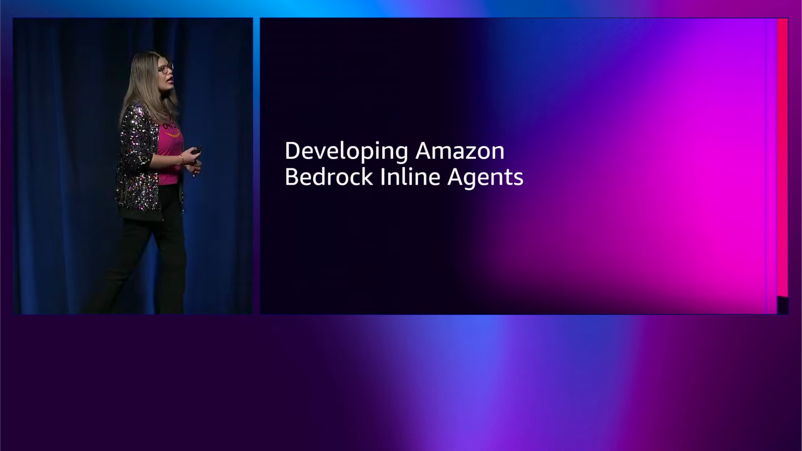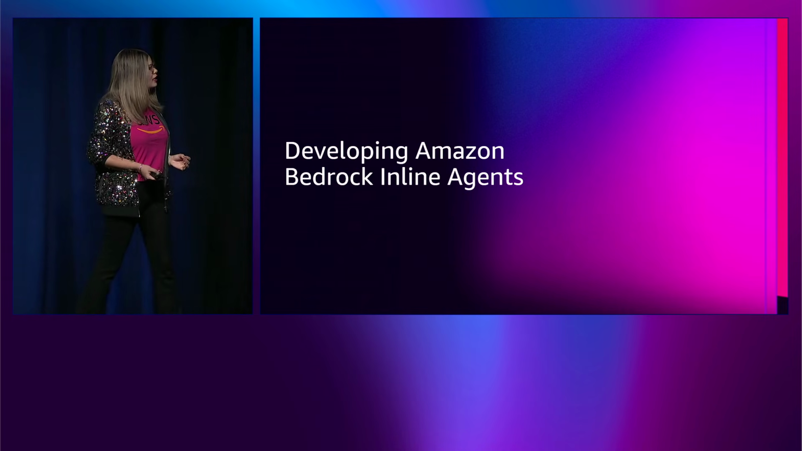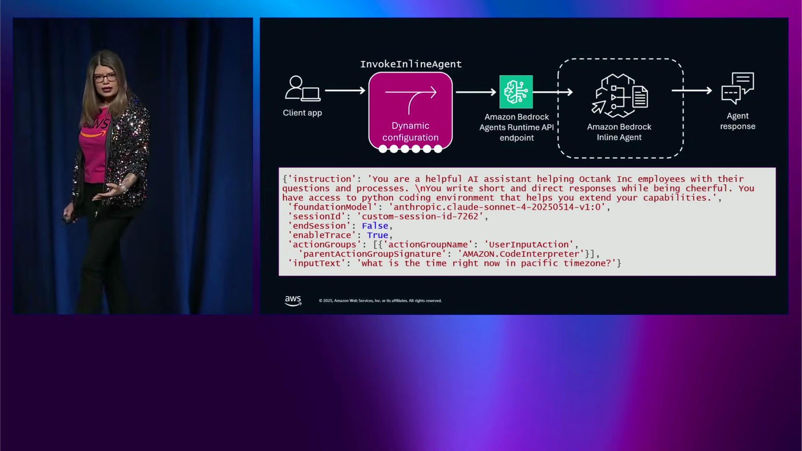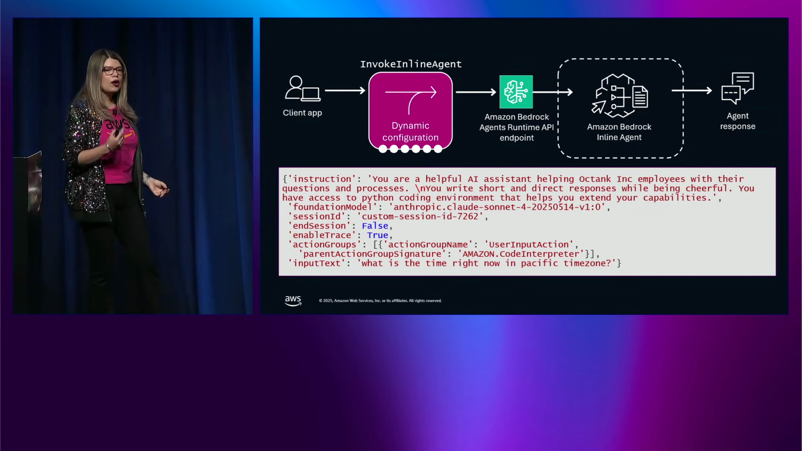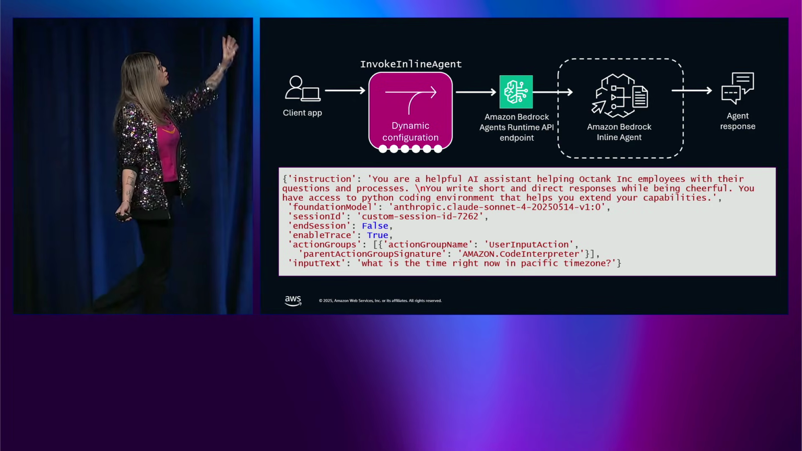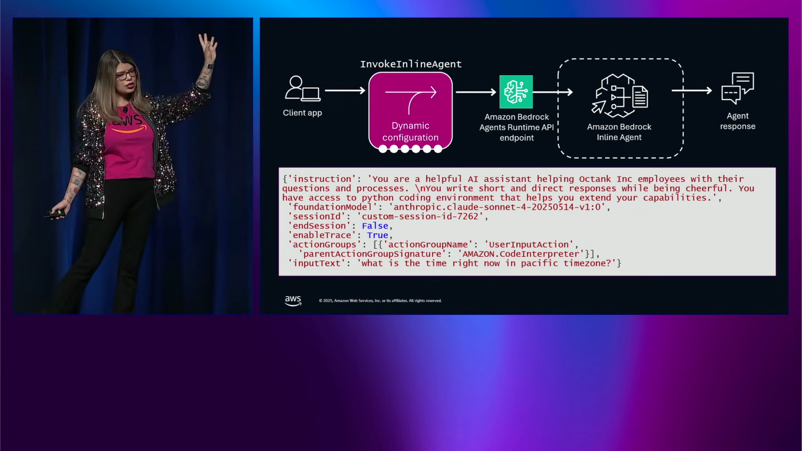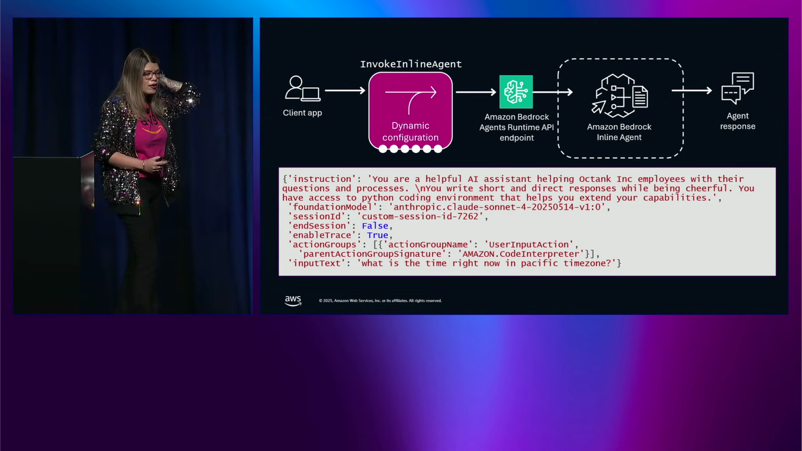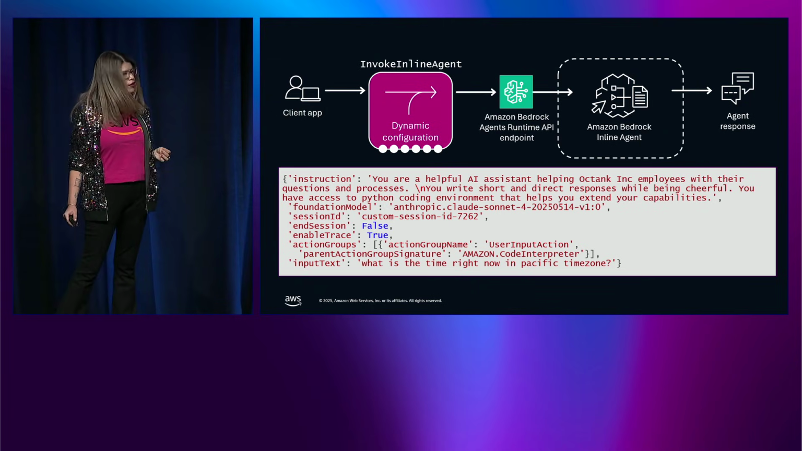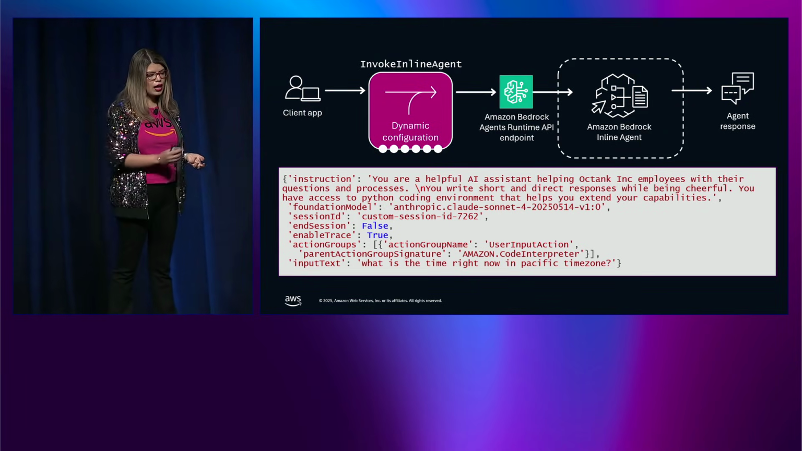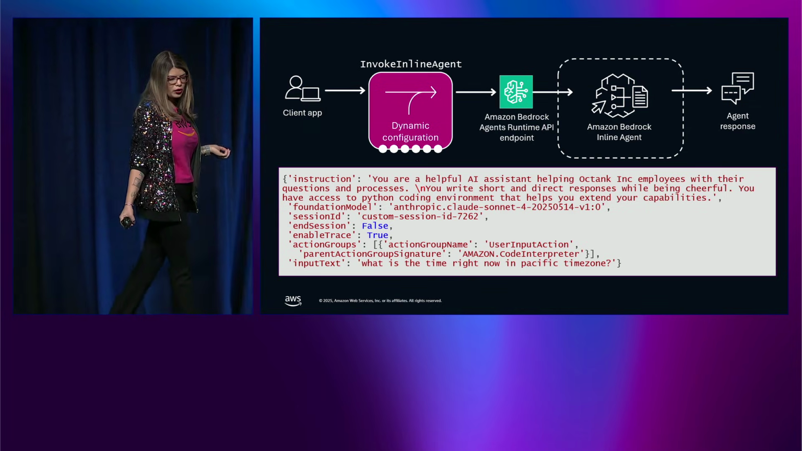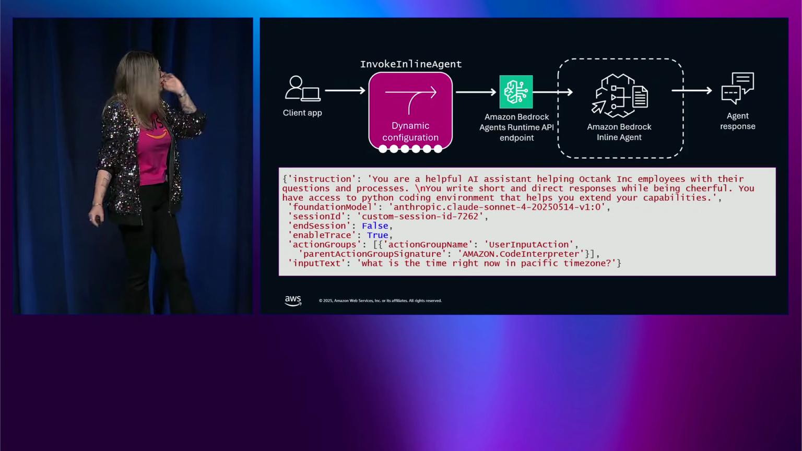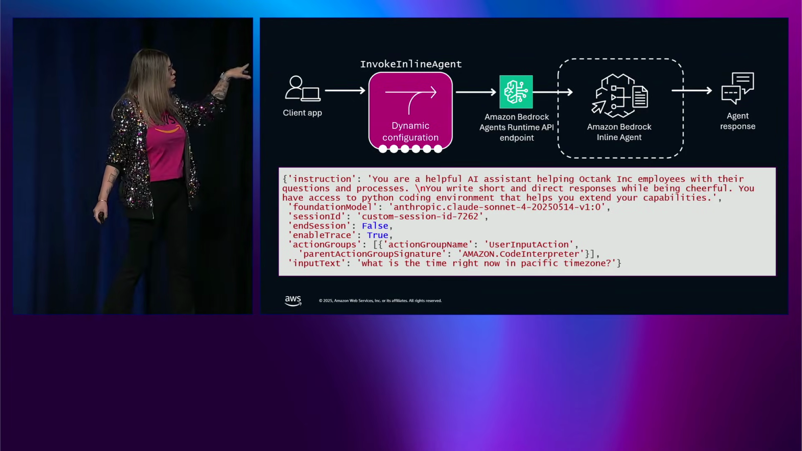Next, we have the inline agents. The inline agents are for the case where we need to provide the tools, the knowledge bases, and the model in every single interaction. So using the invoke inline agent API, we are going to configure what is necessary for this specific interaction. In this case, even the instructions can change. So we have a helpful assistant for the Octank Inc. employees, maybe an HR assistant. We are going to choose the foundation model, in this case Claude Sonnet 4,